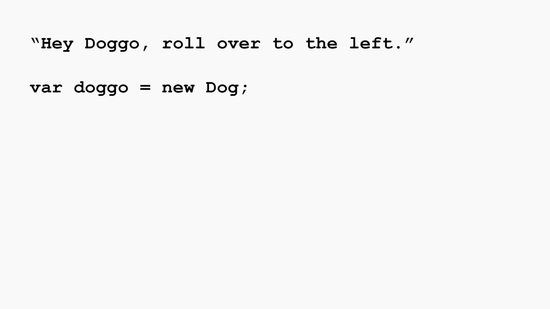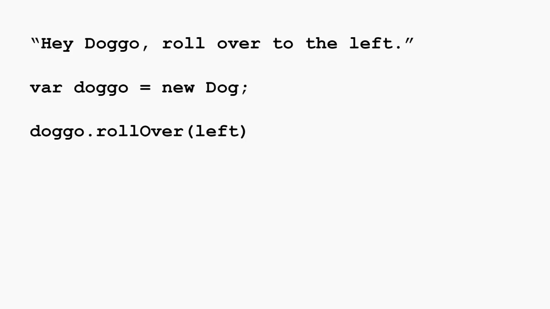So we could say something like our variable doggo, or we can name it whatever we want, equals a new dog. So we now have a dog. From there, we would point to our object, which is our doggo, dot, call a method within it, roll over, and then pass our